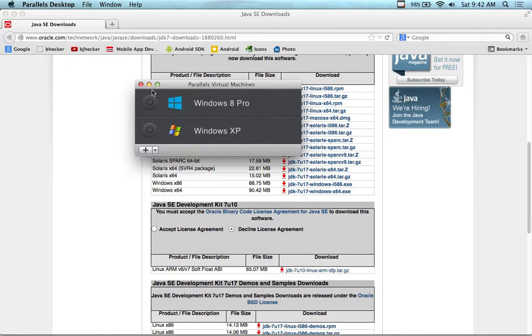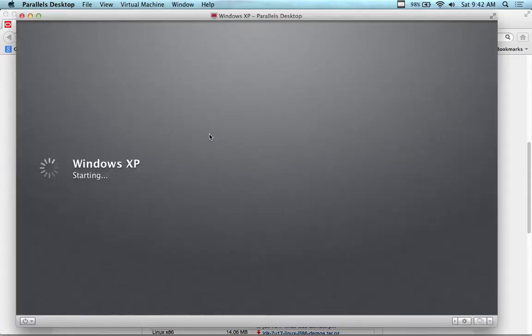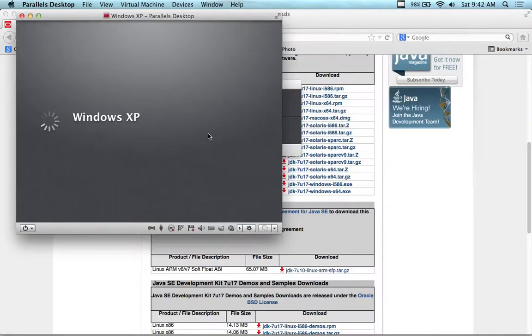So okay, what I'm going to do now is open up a Windows virtual machine on there. I'm actually going to open up XP because it's very similar to 7, which is what most of you probably have. 7, or if you're on 8, it's going to be very similar steps as well. So I'm going to open up a virtual machine here, and for you Windows people, show you how to set